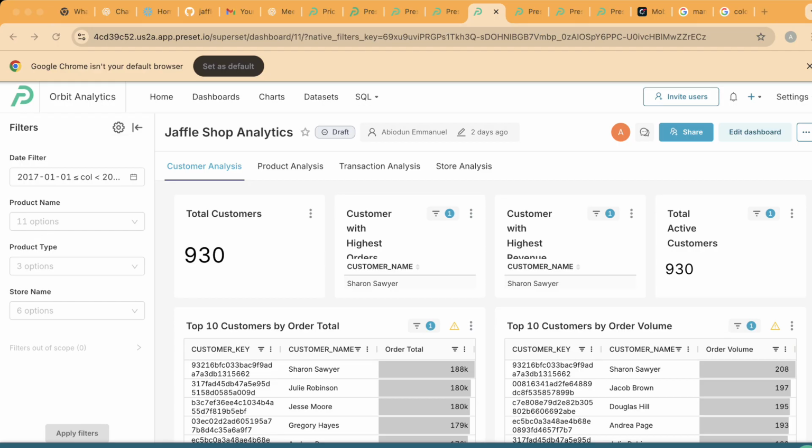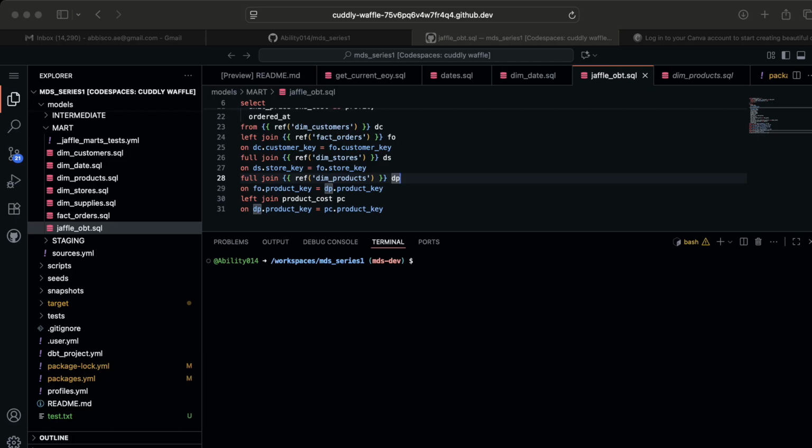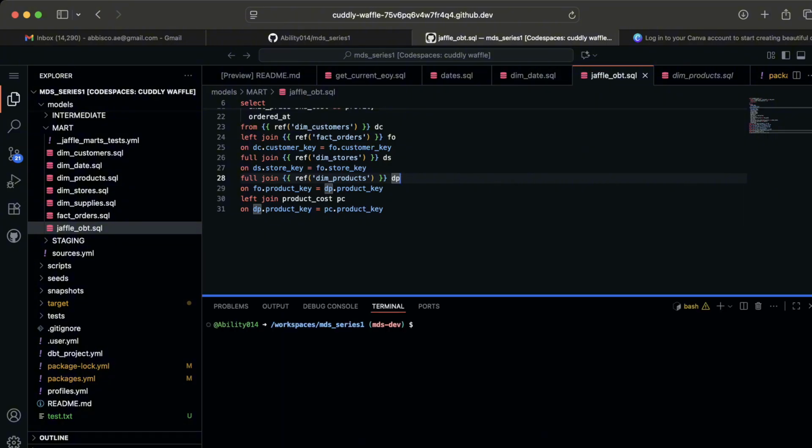So, I think the first thing I want to bring to our notice is that there's a change that was made to our dbt models. So, I'm just going to reiterate that before we go into discussing the nitty-gritties of building a dashboard. So first of all, let me show our repo. So here we have our repo, and if you notice in our marts layer, there is an additional